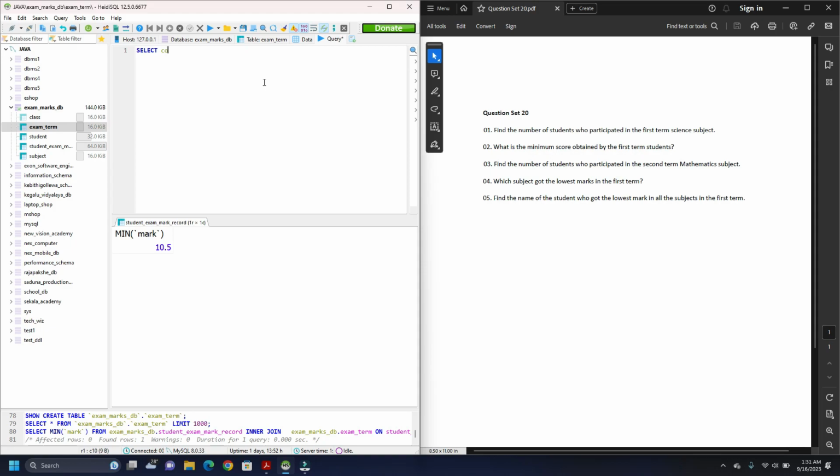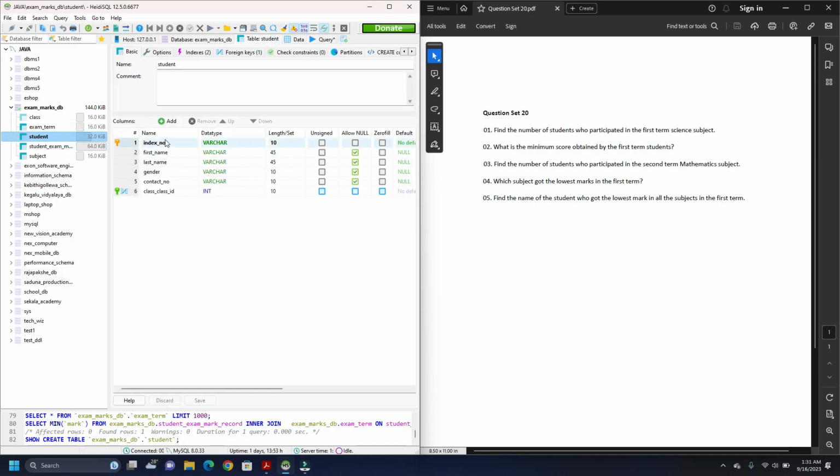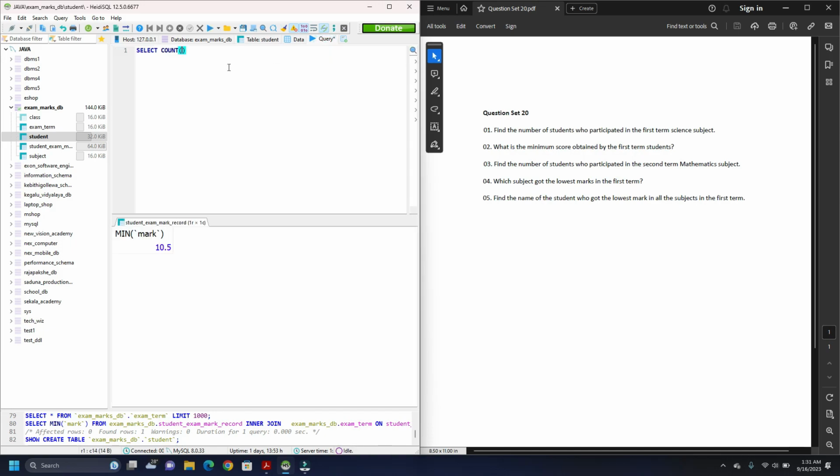So to find a number, we use count, and we are counting the index numbers of students to find the number of students. From, we are taking it from the student table,